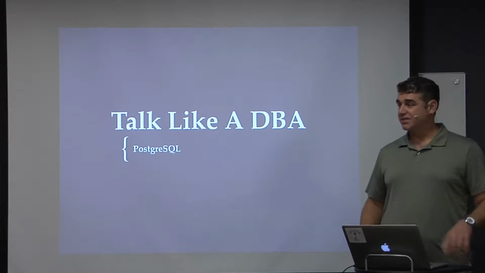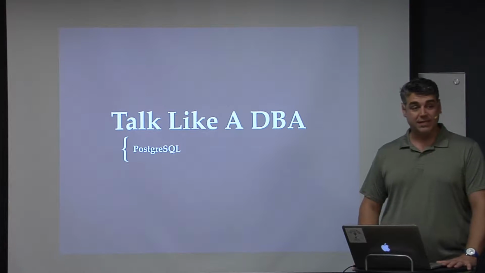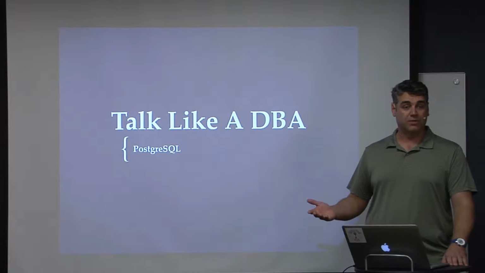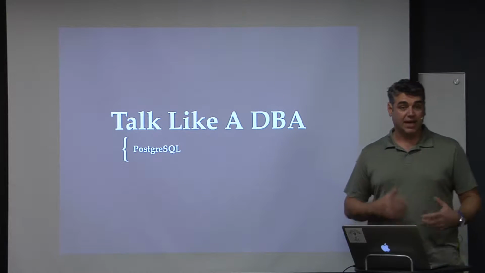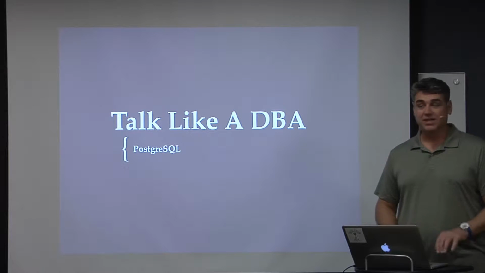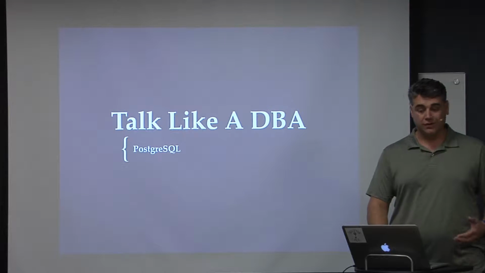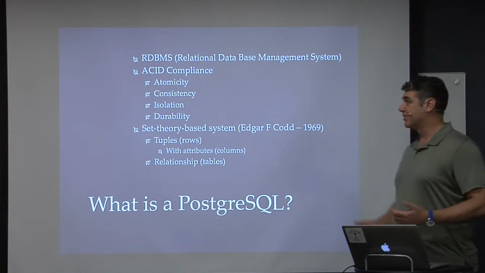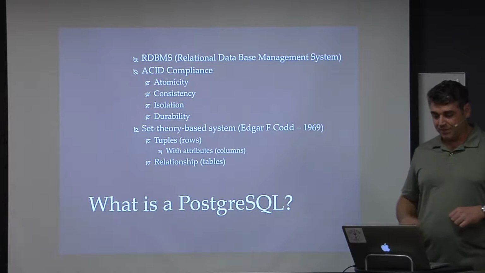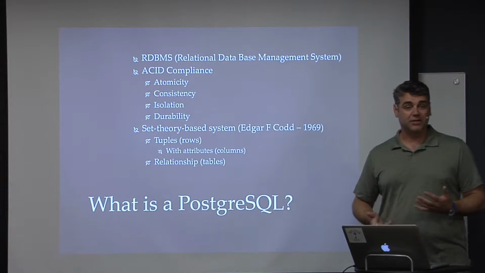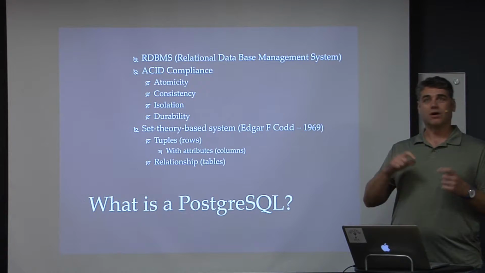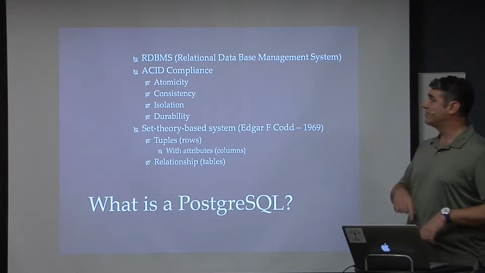If you do have any specific questions, feel free to interrupt and ask at any time. It may be covered later on. I'll let you know. But if it isn't, I'm definitely happy to answer specific questions. This is going to be more of a general overview of PostgreSQL and of how to interact with it in Perl. So basically, PostgreSQL is an RDBMS, or as Wikipedia said, an ORDBMS, which is an object relational